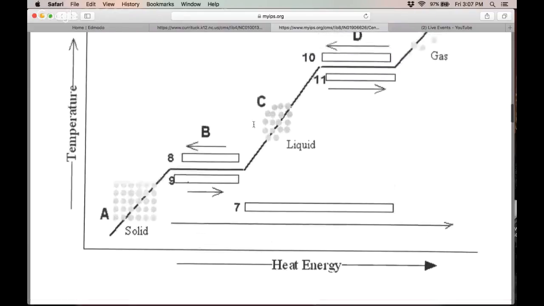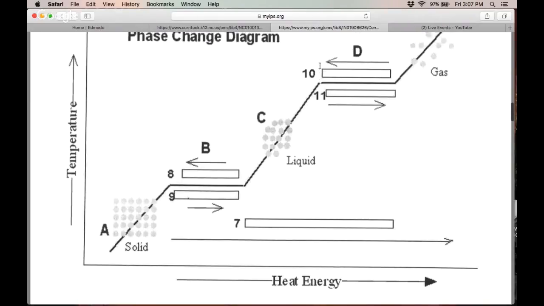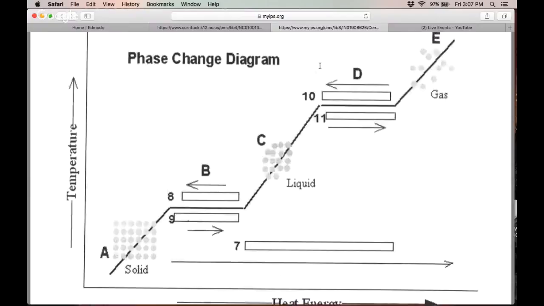Then, once we have that 0 degrees Celsius, once it's all liquid again, we start heating it up again, and the temperature can start to rise now. As it's getting energy, it'll rise until 100 degrees Celsius. Once it reaches 100 degrees Celsius, what starts to happen to the molecules? They vibrate even more and they turn into a gas. Good. They're going to start moving more and more and more until they turn into a gas and they start